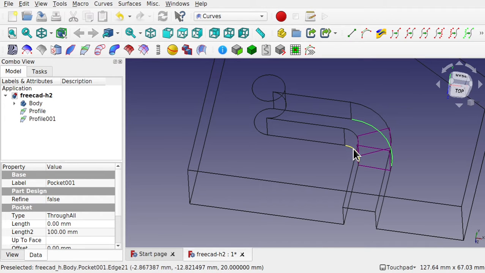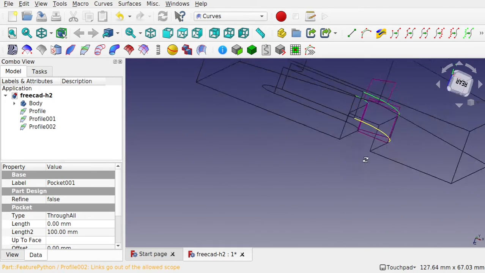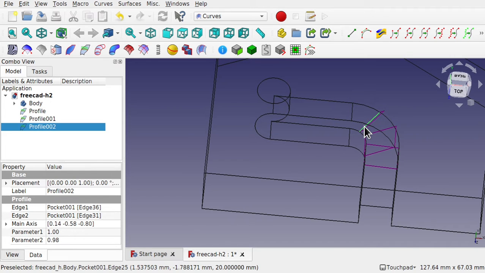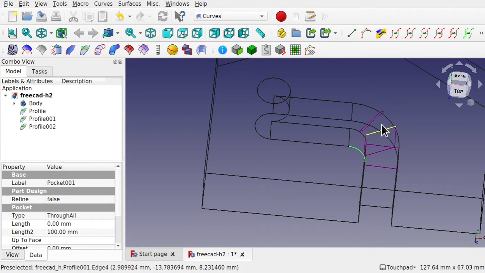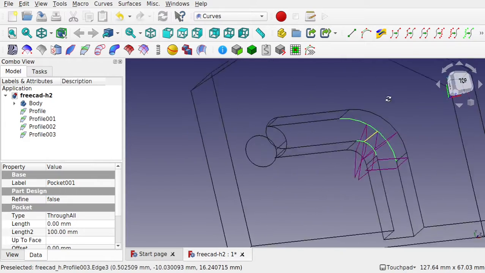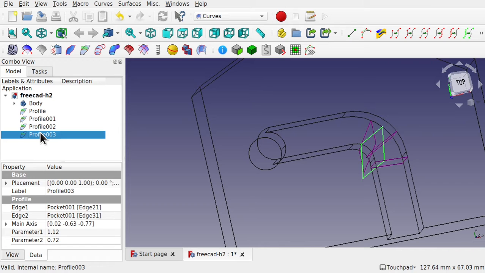If I try to do them here, so click and control click, then you'll see that the profile, when added, is added at an odd angle. Click, control click there, and add the profile in. And you can see what angle they've been added at, which is not the angle that we want. I'm just going to delete those profiles